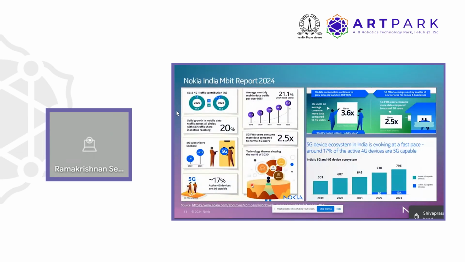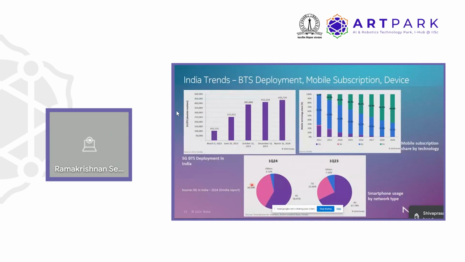Sorry, just a quick question from the previous slide. Sitaram, the green patch talks about mobile subscription share by technology, which I understand is for 5G, top right. So are these green percentages, which predominantly show the 5G mobile subscribers, migrated subscribers, or are they willingly coming forward to avail the 5G subscription?